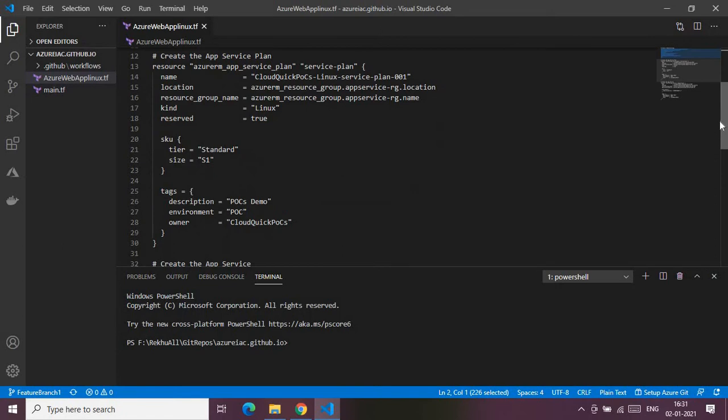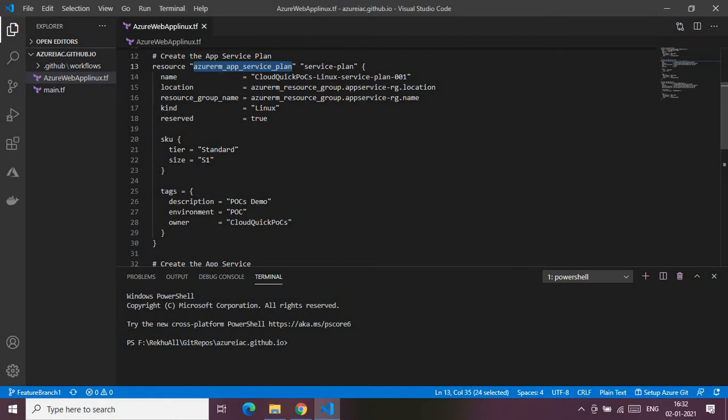As you might be aware, to create a web app, we must have a web app plan. A web app plan is nothing but your web server configuration details, which we call a web app plan in Azure terms. That's the configuration we do in this block, which is responsible for creating the app service plan. Again, the web app service plan is a resource in Terraform.